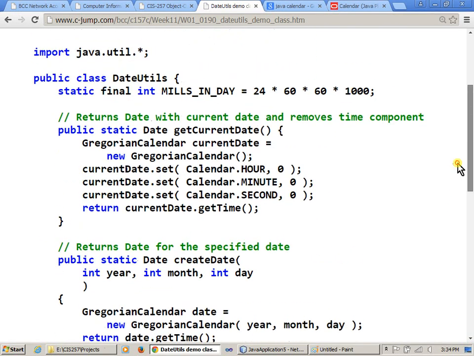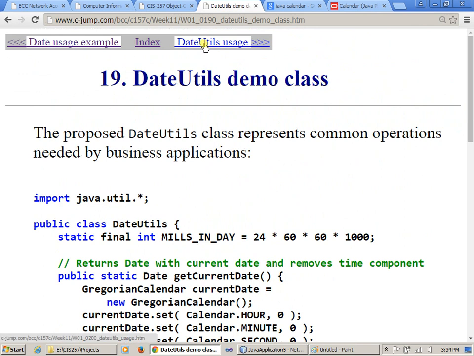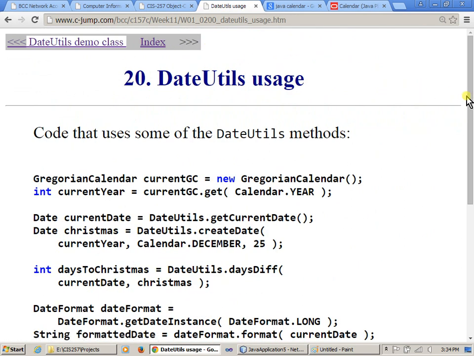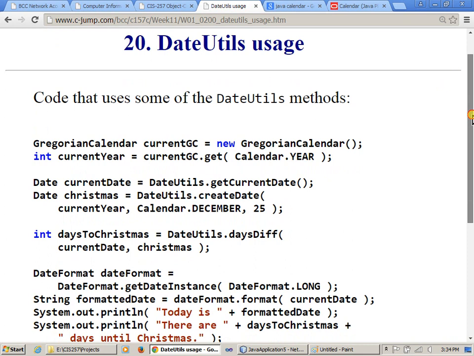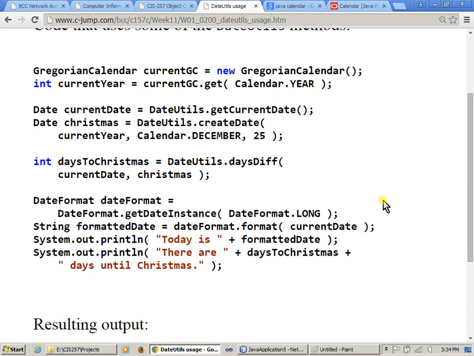So the next slide, and this is the last slide, essentially demonstrates the usage of the utils. This is where I think it brings up an important aspect: when you compute the days difference, because you have to do that kind of division, it is important to have a method